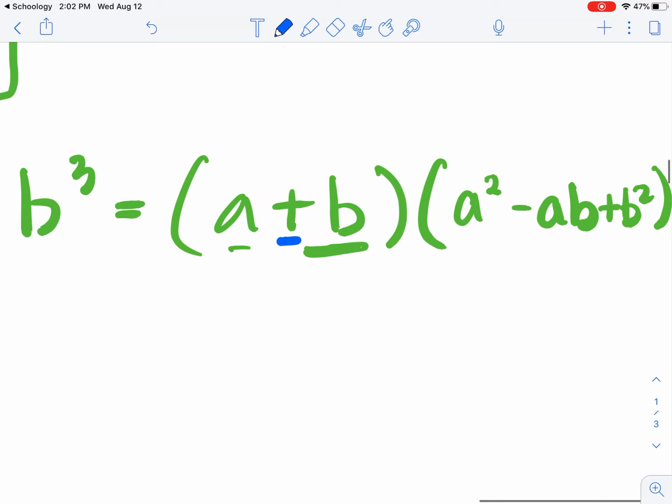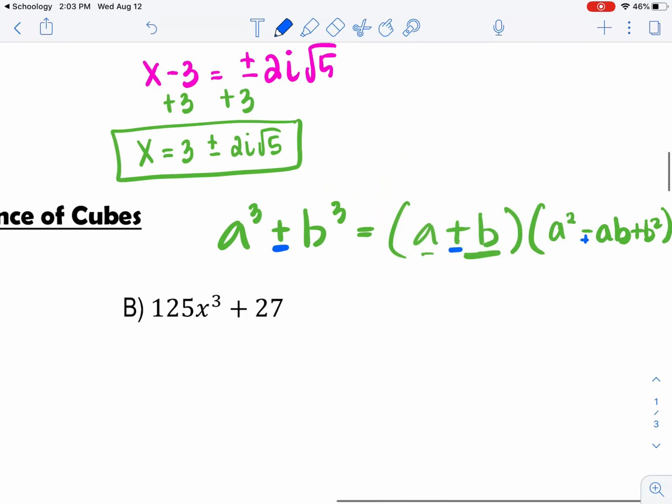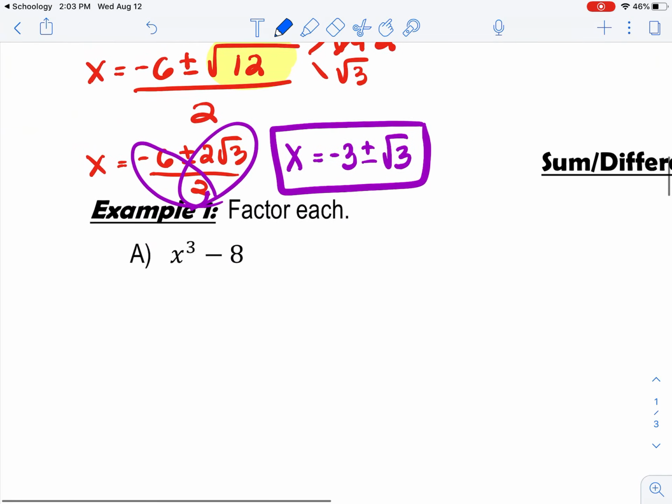You would still square the first term, which would still be a squared. You would take the opposite of that sign, so that would be plus. Take the product, a times b is a times b still. Square the last, b squared is still b squared. Okay, so,